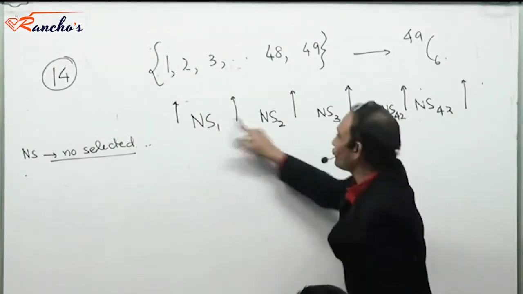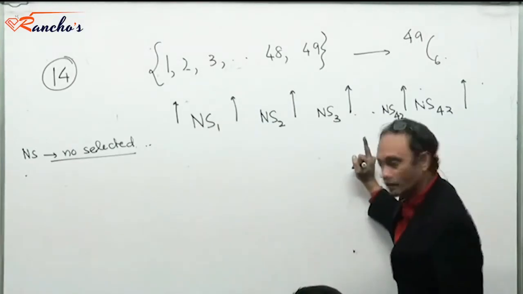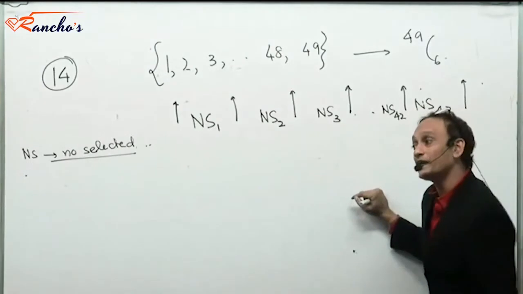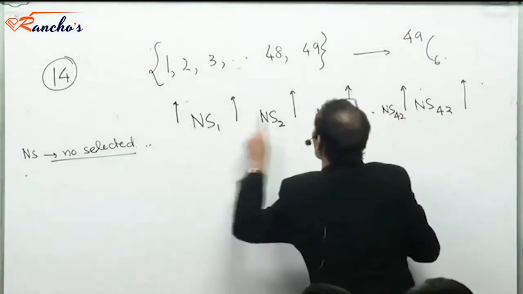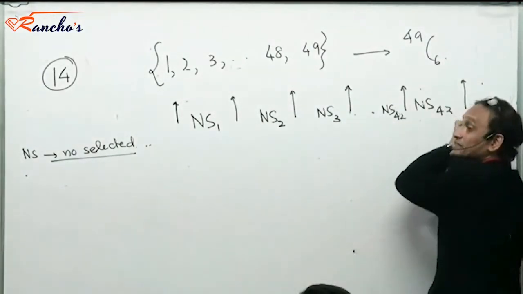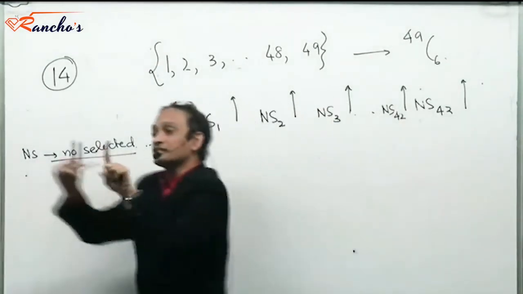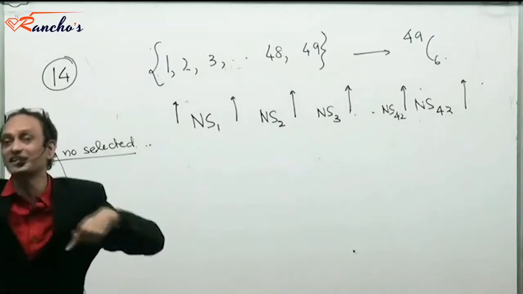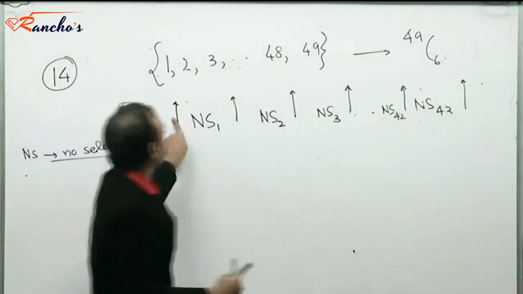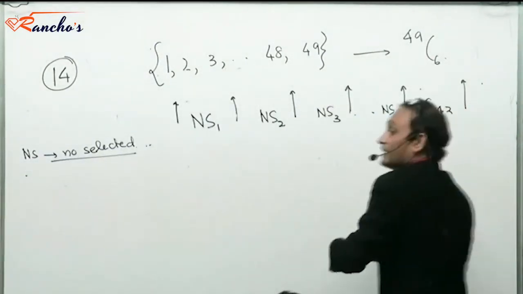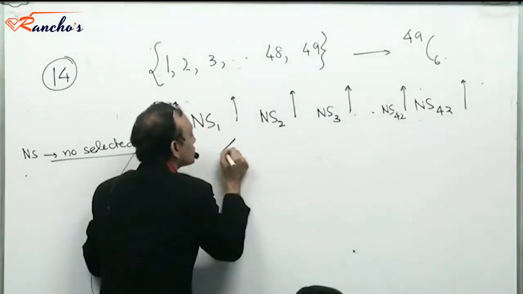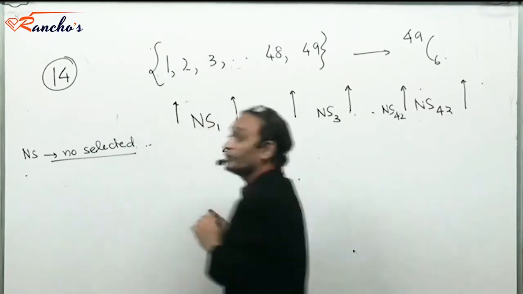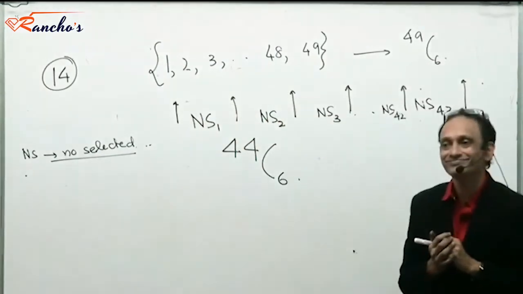44C6. There are 44 arrows. I want to select 6. Now, in this case, there is no possibility of any 2 arrows being neighboring. These are representative of the selected items. The selected items float in this array of arrows. This is where the selected items lie. Right? And there are 44 of these arrows. In how many ways can I select 6? 44C6. That means this will give me a count in which no 2 are neighboring.